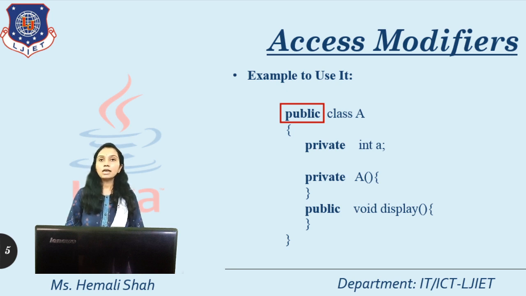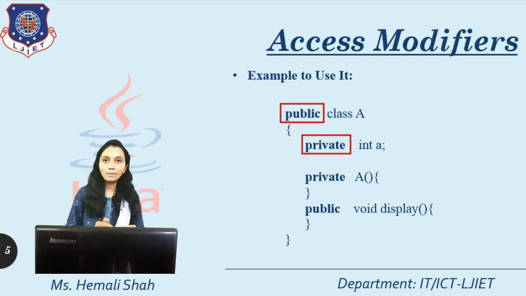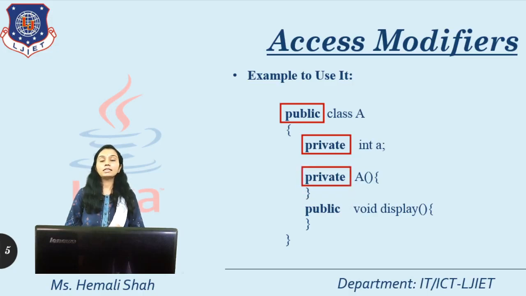Right? Now here I have declared this integer a as private. So at the time of declaring the data member, you can use these keywords. Here I have again created the constructor as private. So at the time of declaring a constructor, you can use such keywords, private. Now at the time of declaring this function, I have used the keyword public. This function is available as public, right? So this is the meaning, and this is the syntax.